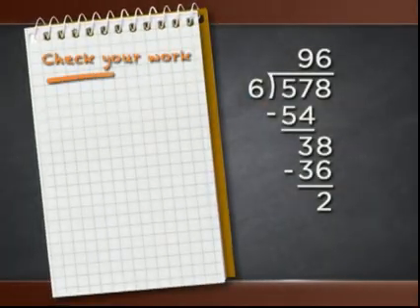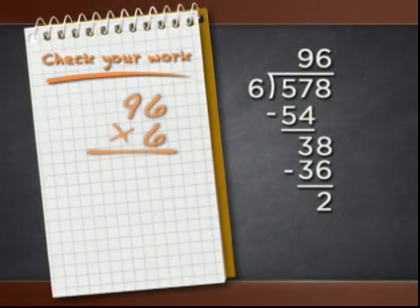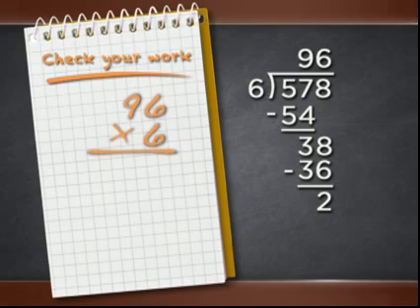Now, let me make another comment here. How do you check your answer in a case where there's this 2 at the bottom, which is like a non-zero remainder? Well, it's actually no problem at all. As before, you would just start by multiplying the divisor, in this case the 6, by the quotient, which is 96 in this case. And if you do that multiplication, you'll have 96 times 6, which is